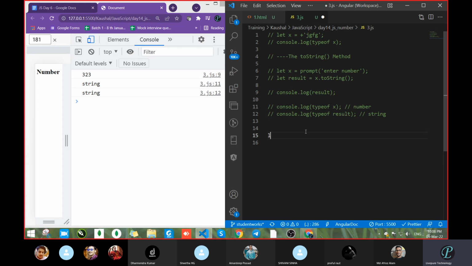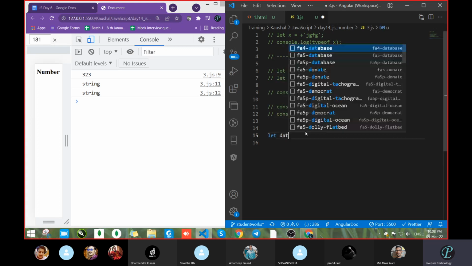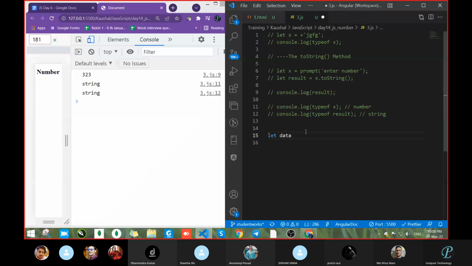Let data1 equal to prompt, enter first value, and data2 equal to prompt, enter second value.